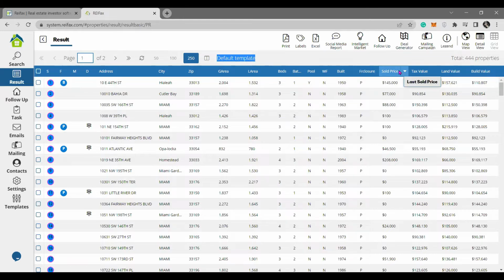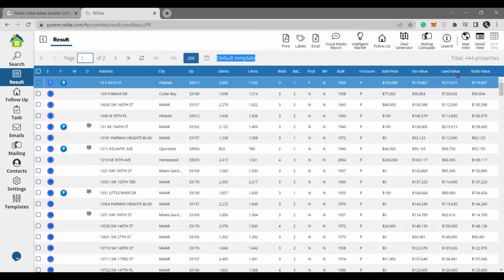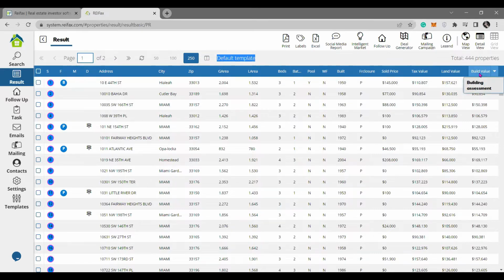The last sold price that was registered on public records will be there, the tax value of the property, the land value, and the build value, okay? So that is what the default template contains. But what about if I want to see the owner information? What about if I want to see the foreclosure information, or anything else? So you just need to click on this little icon, this open book, that is the